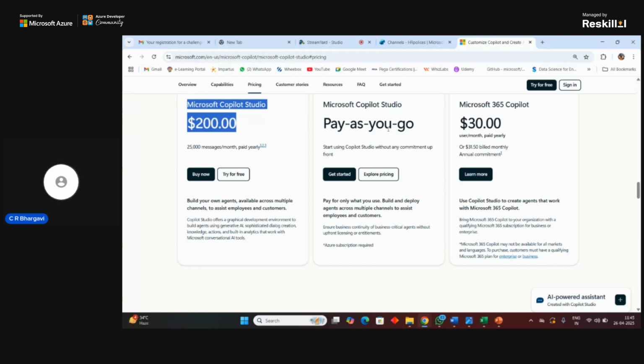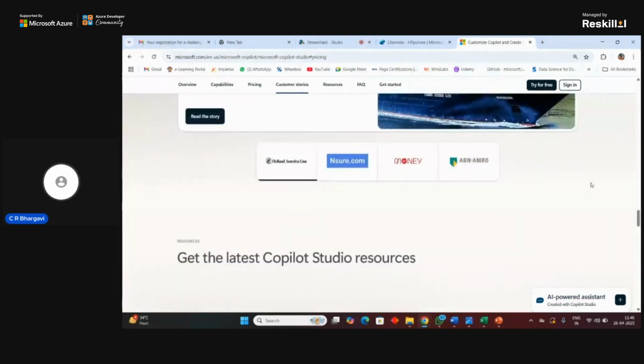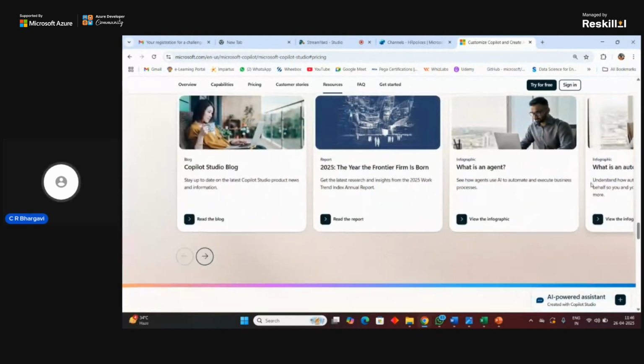If you have a Copilot Microsoft 365 account and you want to use that, you can have it in the way of Microsoft 365 Copilot. It differs in the way your data is being used.